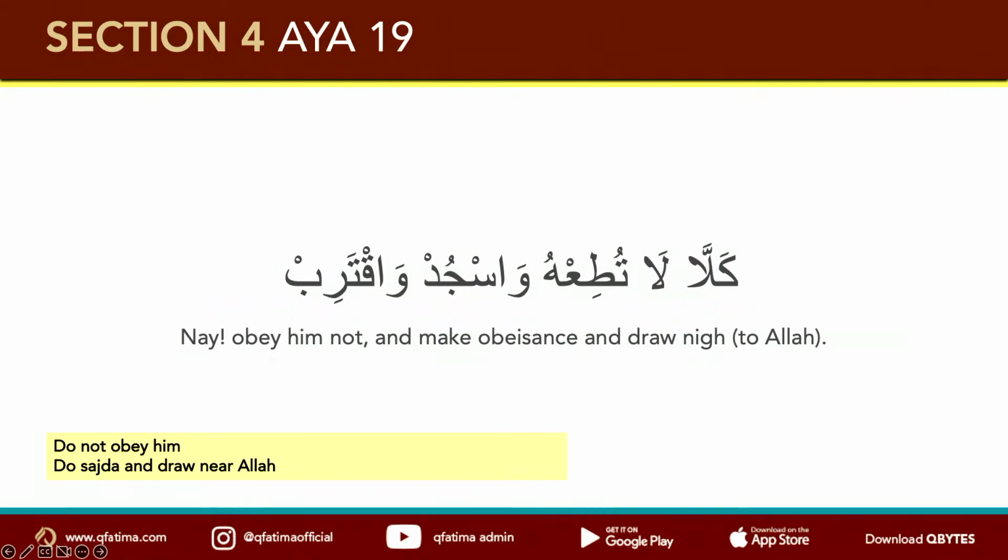And Allah is saying, Kalla, don't. Just don't pay attention to him. Ita'ah means bare minimum of following, but ita'ah also means listening to someone, paying attention to someone. So he's saying, Kalla la tuta'hu. Just don't follow him. And the solution to all your problems is to do sajda so you can get close to Allah. It's such an amazing surah.